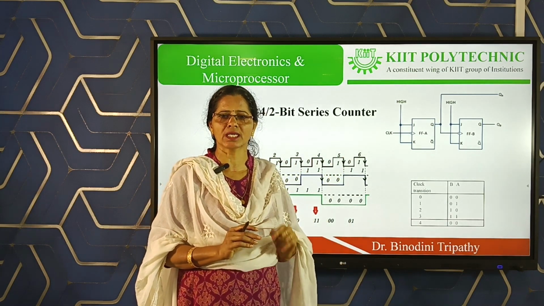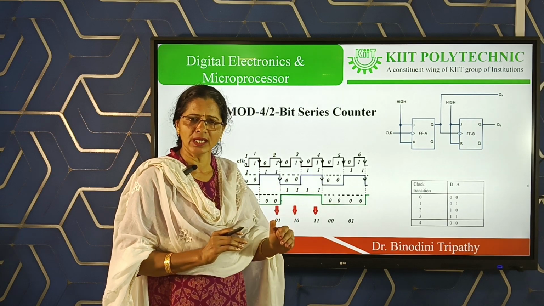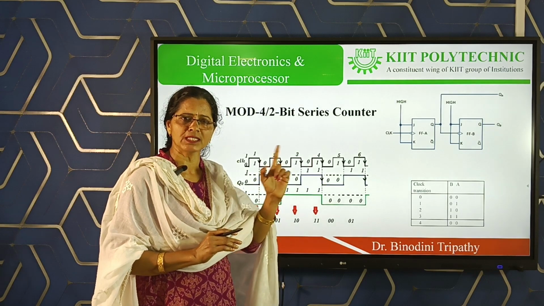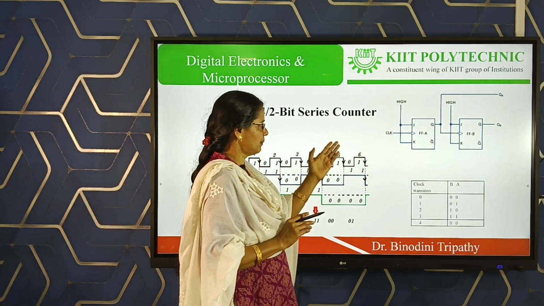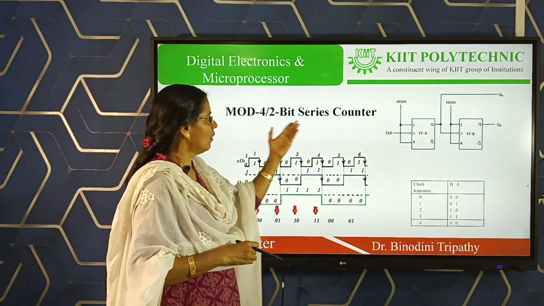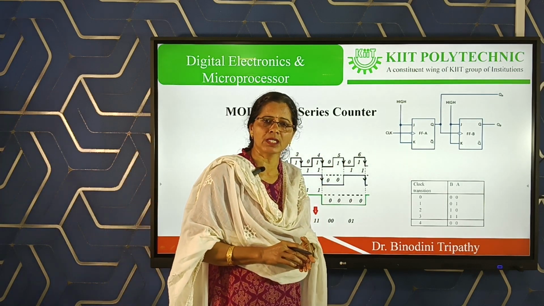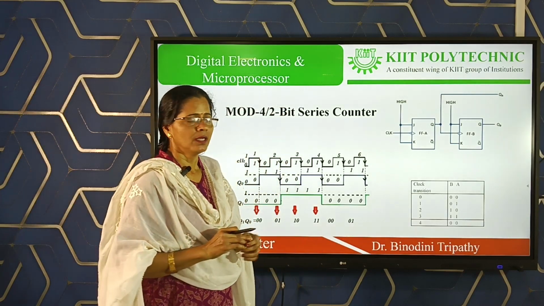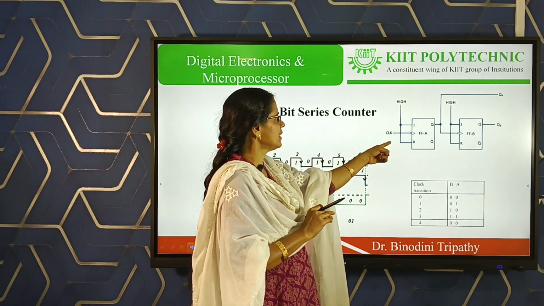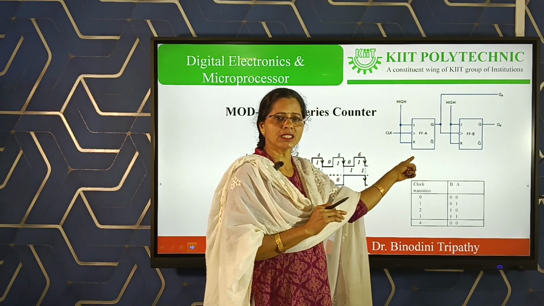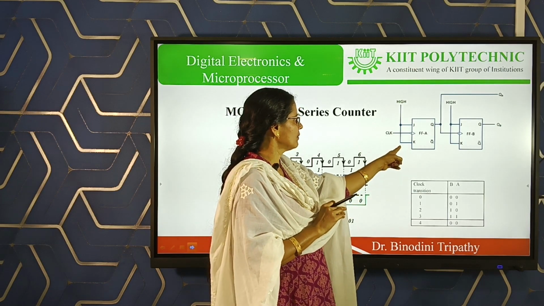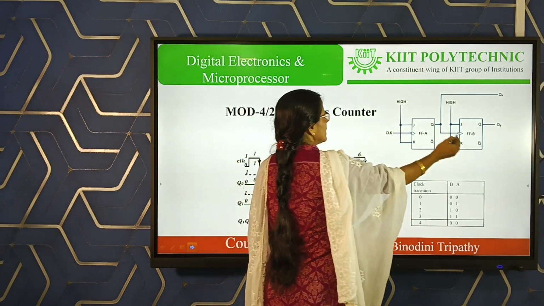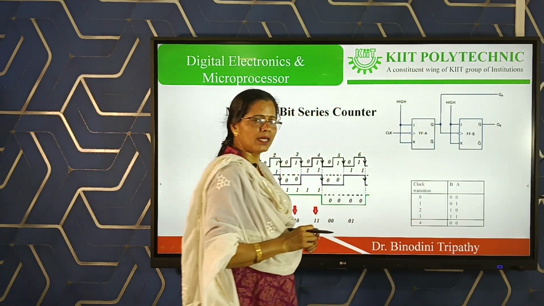That means J equal to 1 and K equal to 1 state is utilized in the counter case. Because when J equal to 1, K equal to 1, please recall your flip-flop class, particularly the special class over the flip-flop. How is the function of the JK flip-flop under the state J equal to 1 and K equal to 1? It will toggle at this state. In a counter, basically we are utilizing this condition. Please remember, we are not considering the 4 states. Only here we are considering J equal to K equal to 1. So accordingly, first connect these two to high or 1.